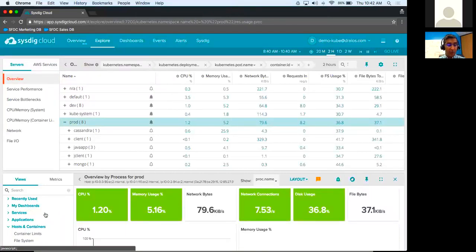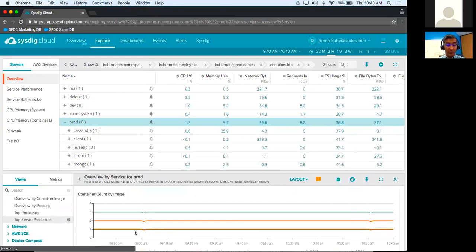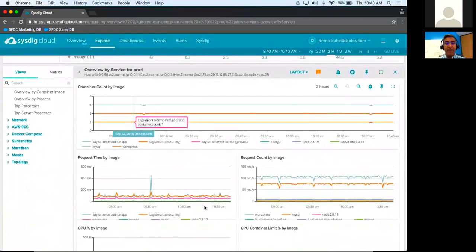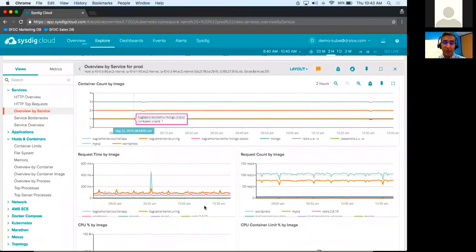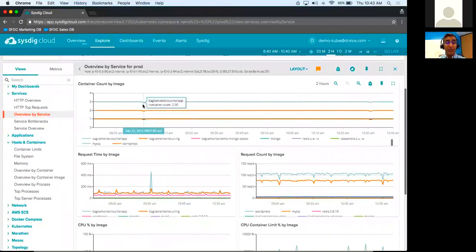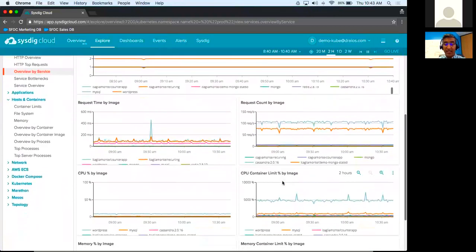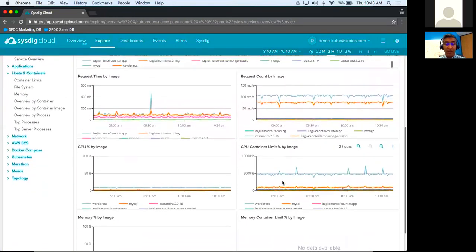So what I'm going to do is look at these services, and I'm going to look at an overview by service. Now, this view is giving me a very Kubernetes-oriented view in terms of what services we may see in this environment: container counts by image, request time, request counts, CPU, container limit usage, memory usage.